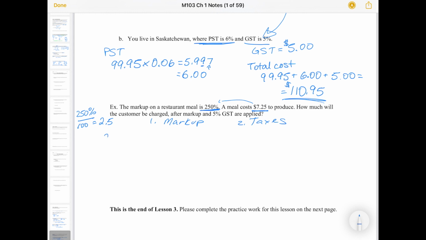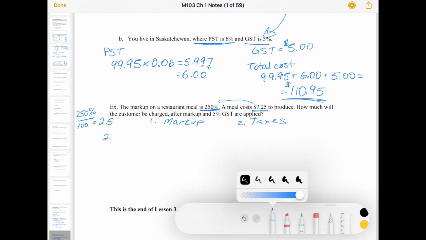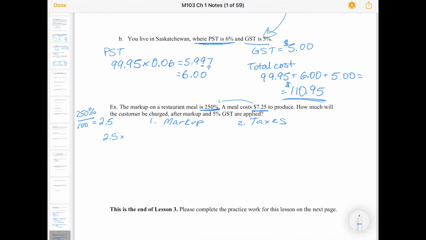So I'm going to need 2.5 times $7.25. So my markup is 18.125, which means my menu price